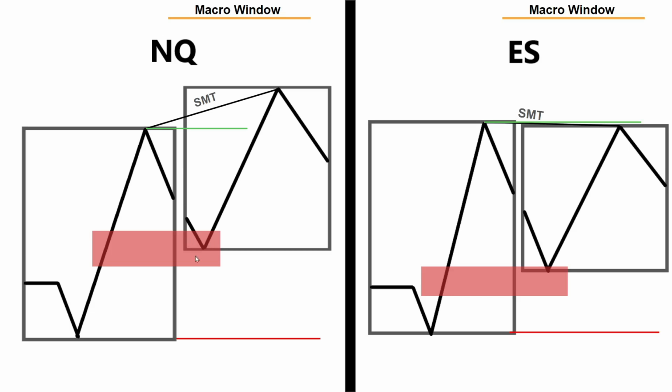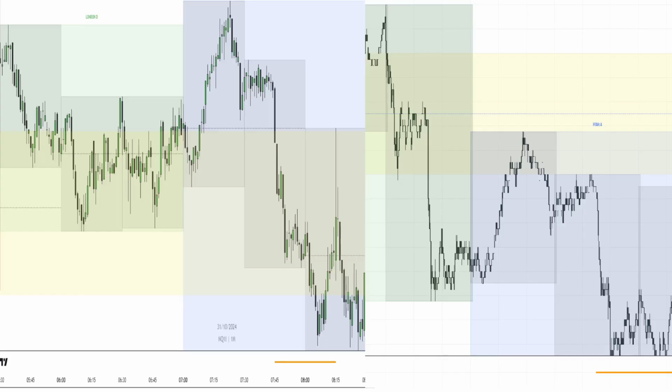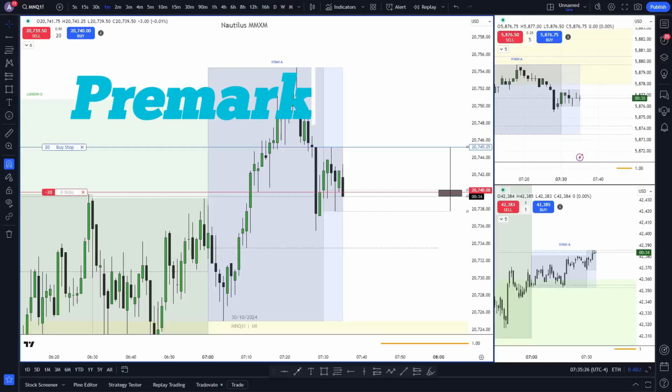If we displace underneath this intermediate term low, we can be expecting a retracement back into this intermediate term low, which has now been formed into a breaker. This is now a low risk buy for this side of the curve. Now, what do we target? Simple. We target our previous cycle's low. Now we move our take profit down to this low here, which is our previous cycle's low, and it should be hit in our next time cycle, which is our distribution phase. You will now watch a trade execution that I executed yesterday just on these concepts.